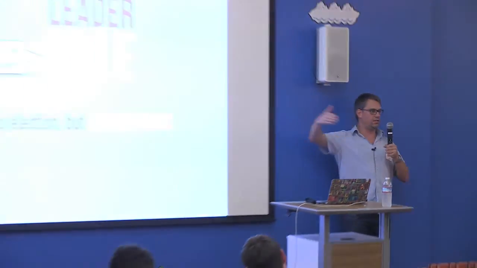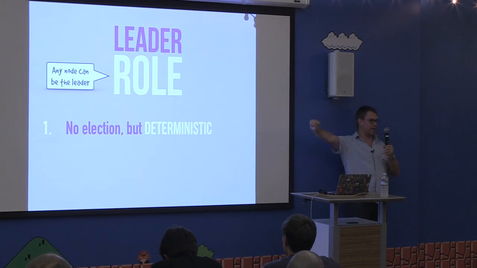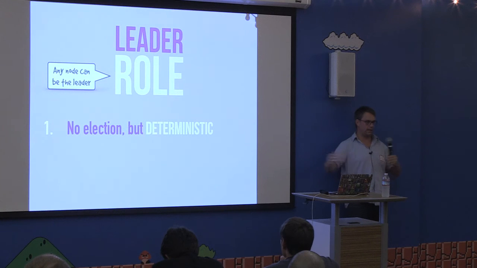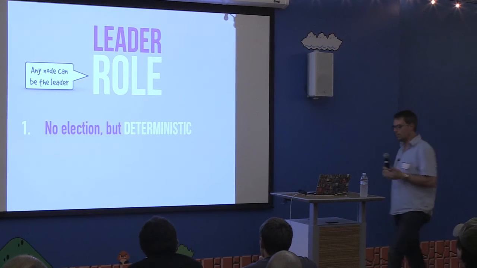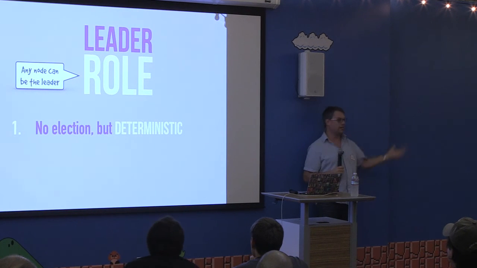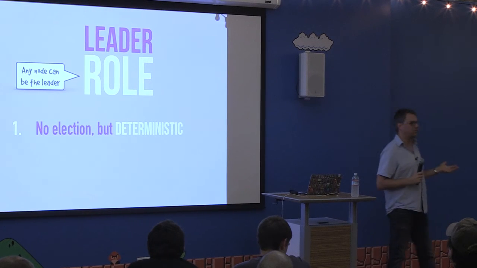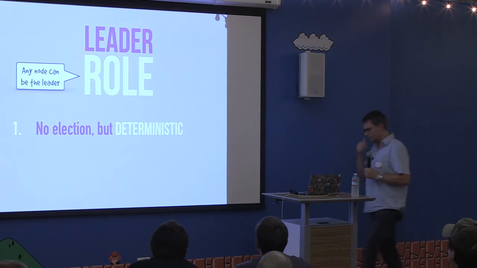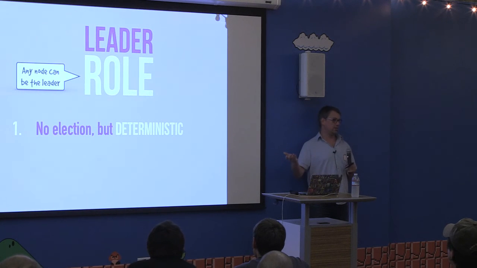What we do is that we hash the node ring using a deterministic algorithm, so it's always the same order for every single node. They can't end up with different orderings. And then we just pick the first guy to say this guy is the leader. It really doesn't matter which one it is, because the leader has duties, but it's not anything that requires much load at all. So that's a pretty nifty way of getting away with having a leader in the cluster without actually doing any extra work.